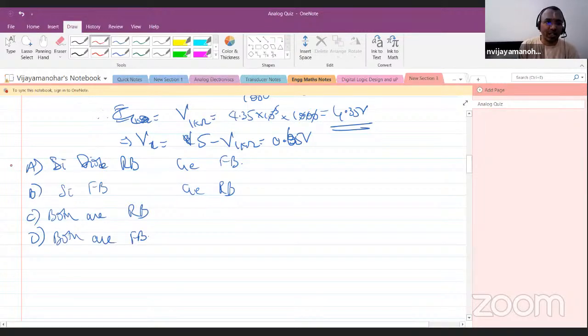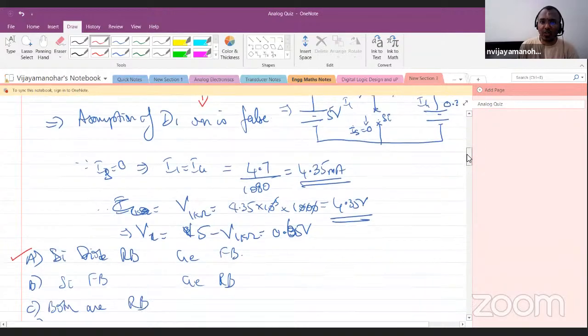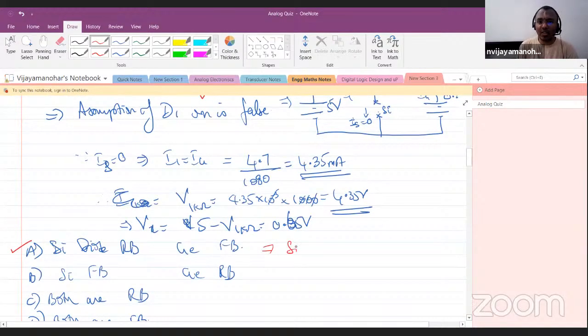90% of the people select this. They think that silicon diode is reverse biased and germanium diode is forward biased. Why? Because silicon diode is off and germanium diode is on. But this is the wrong answer. Here silicon diode is not reverse biased. Kindly note,